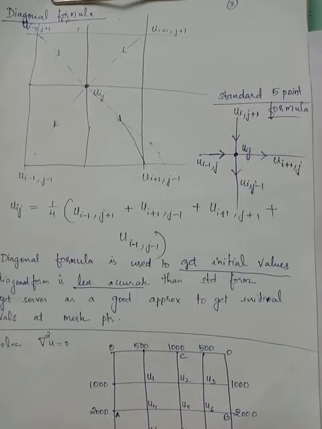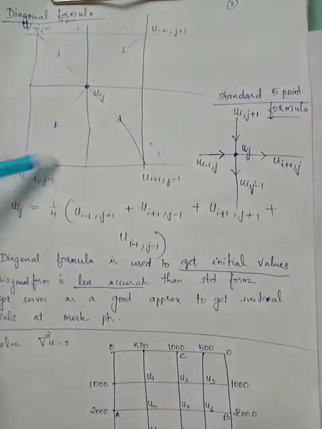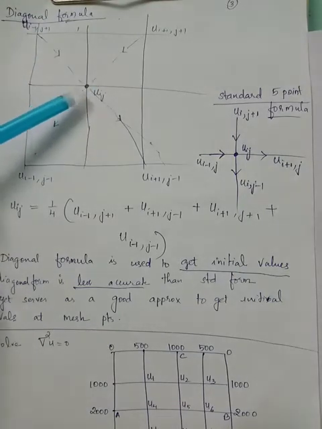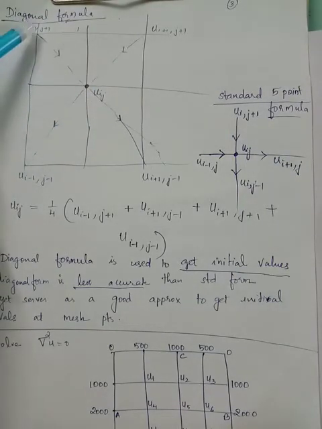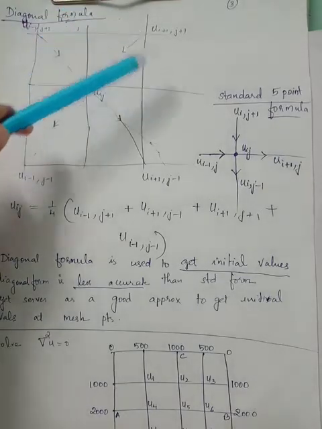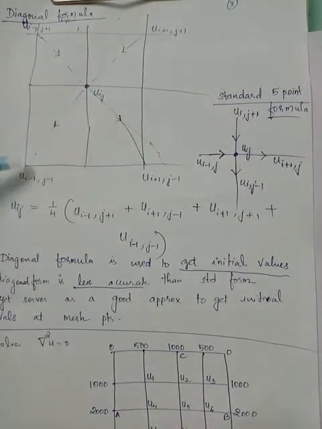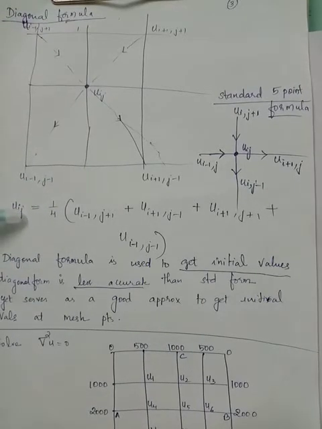To learn the diagonal formula, you have to consider an X mark. To find out uij, which is the point of intersection of this X mark, you have to take the sum of the endpoints, that is, the points appearing on the endpoints of the X mark. Take the sum of all these endpoints and multiply it by 1/4 to obtain the central value uij.